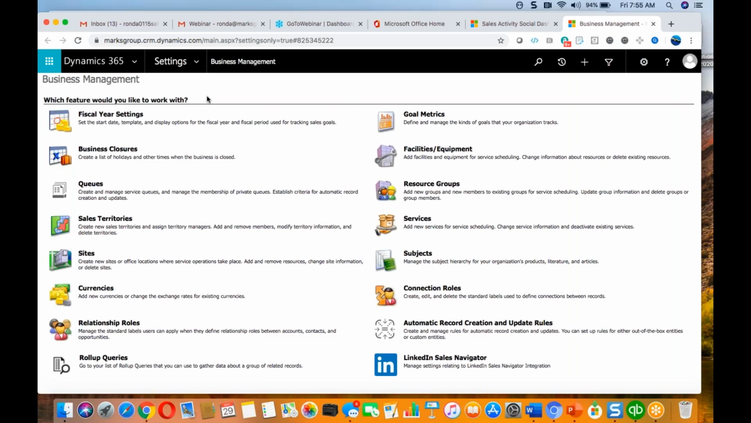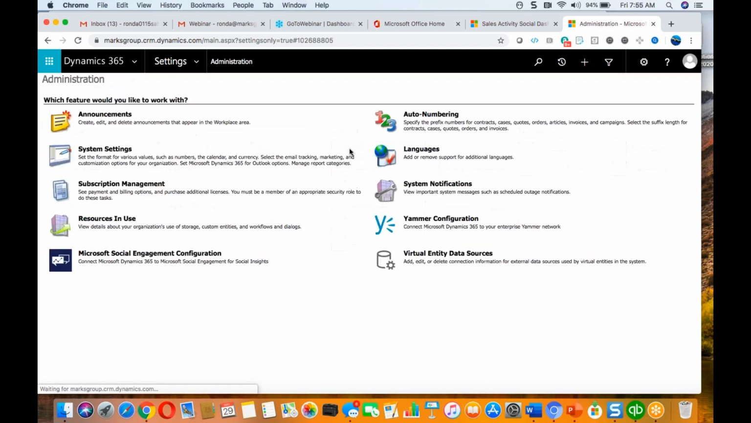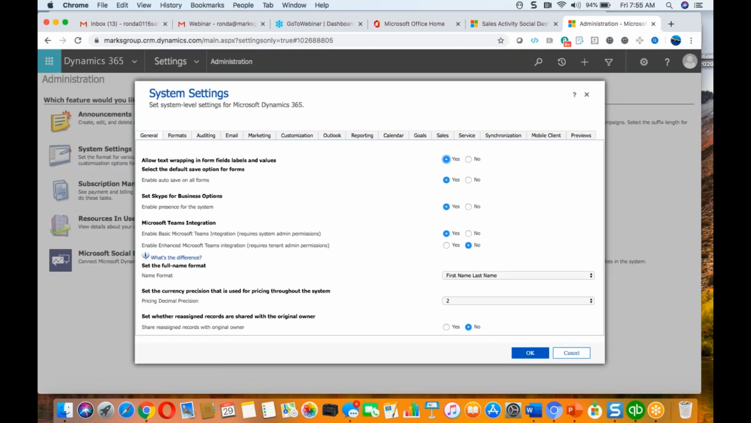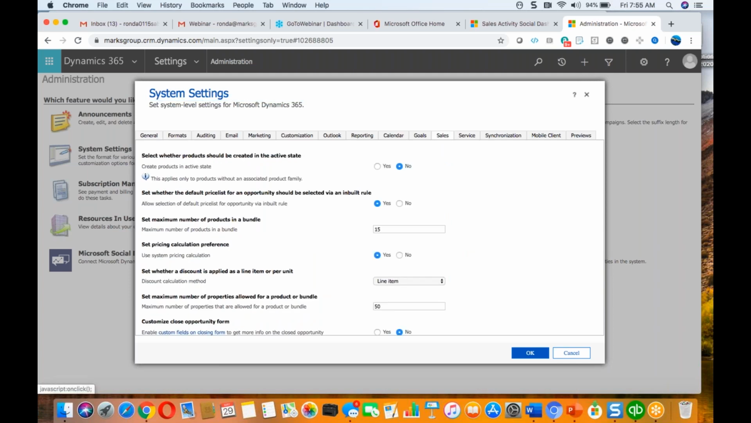Okay, and so then once we get into advanced settings, it's going to bring up this business management screen. And this is not exactly where we're going to work. Instead, what we're going to do is go into settings and move into administration. And then from administration, we're going to go into system settings. And once we're in system settings, we're going to be going into sales. So we're going to be looking at the attributes of